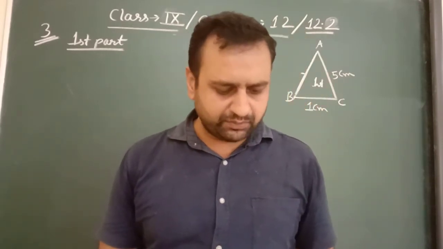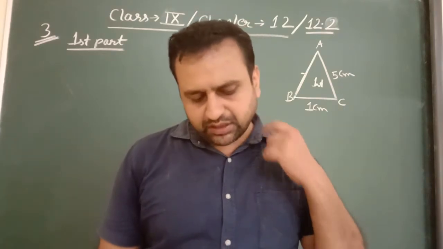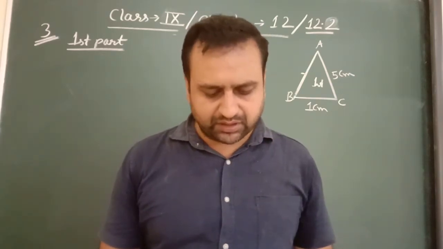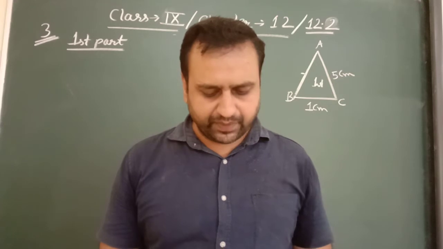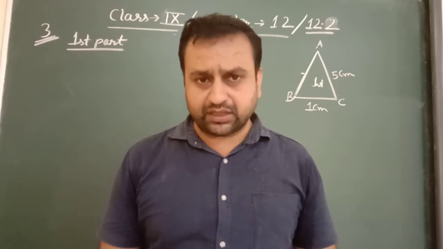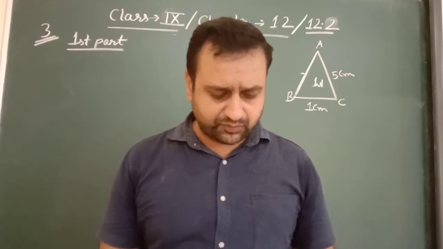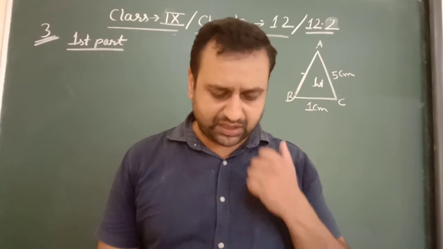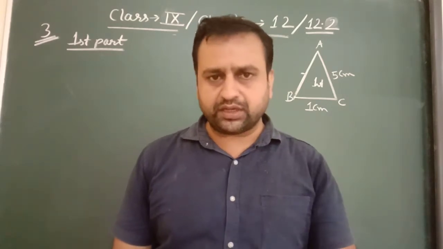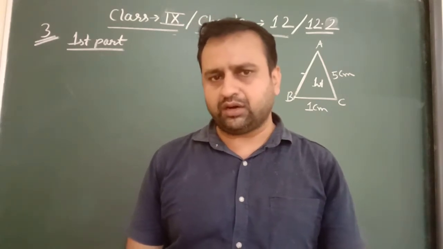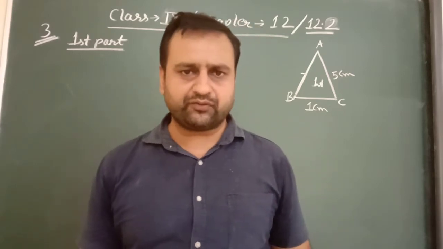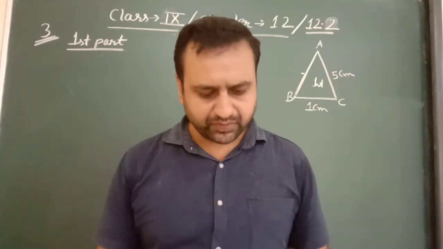Now we start question number 3. In question number 3, Radha made a picture of an aeroplane with colored paper as shown in the figure. We can say the figure is the shape of an aeroplane and this figure is divided into 5 parts. So to calculate its area, we find the area of each part and after this add.